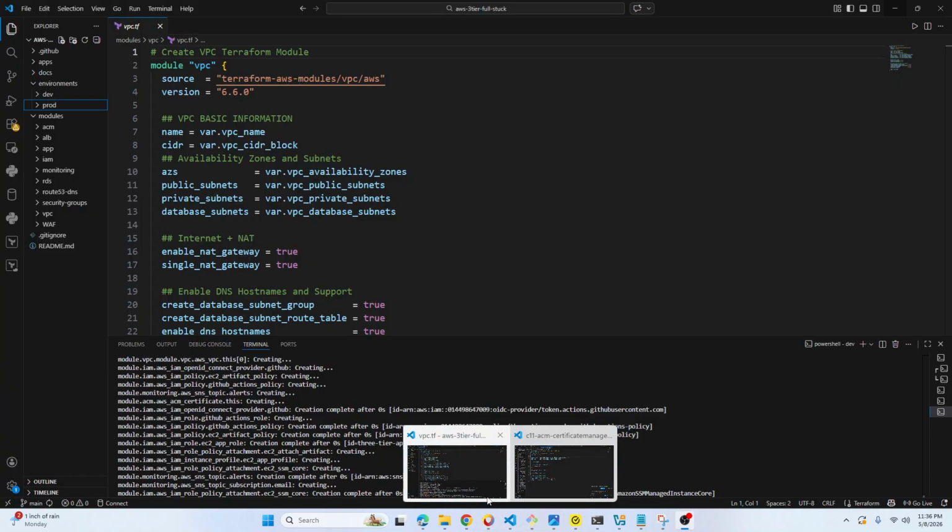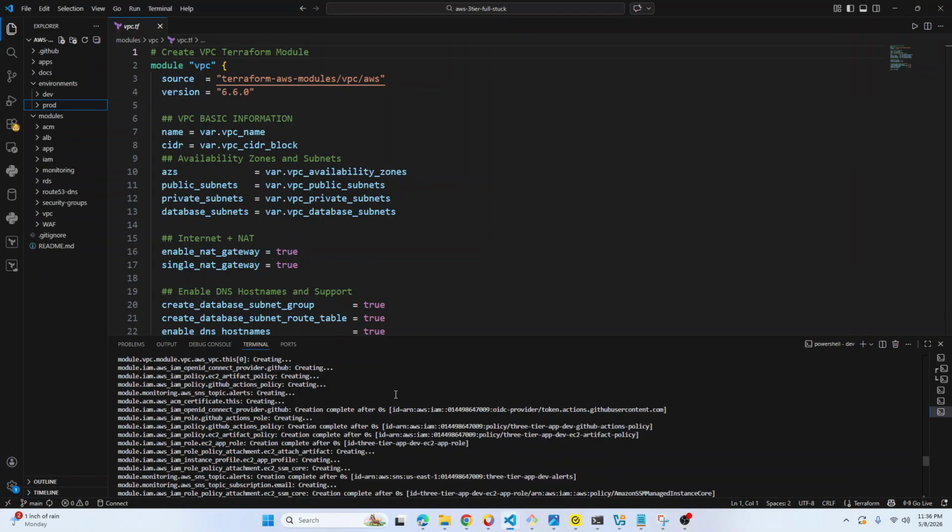for example, for infrastructure deployment, I created a separate GitHub Action workflow for dev and prod. So let's see, this is the dev YAML file, and this is the prod YAML file. Basically, if I run the dev YAML file,